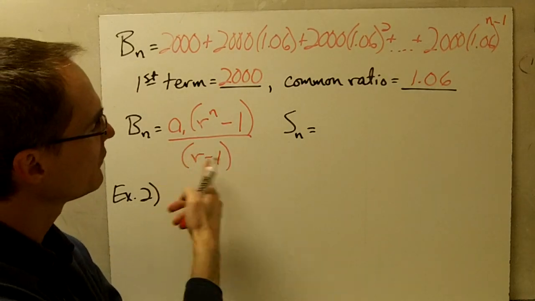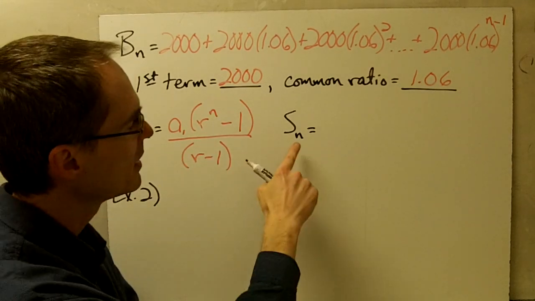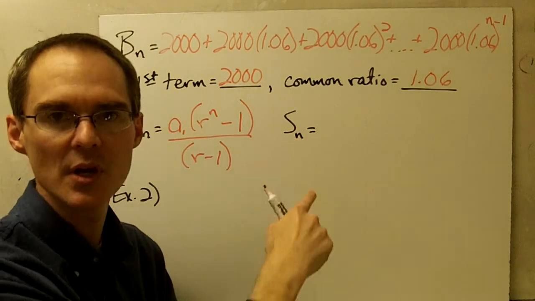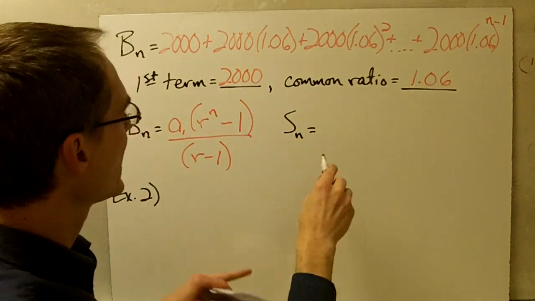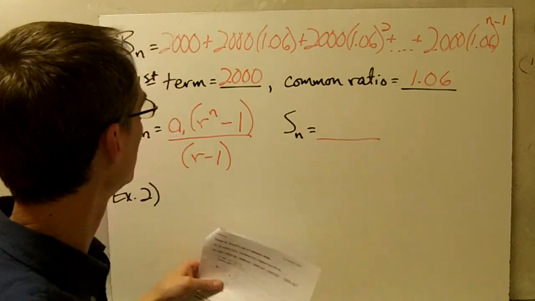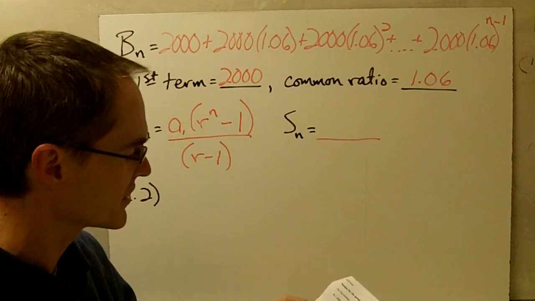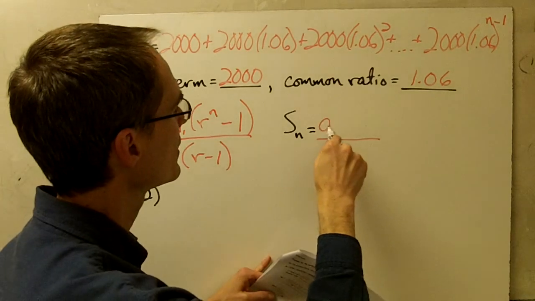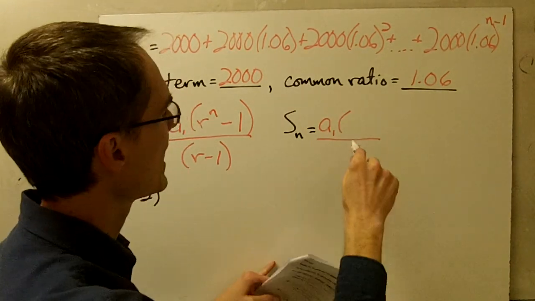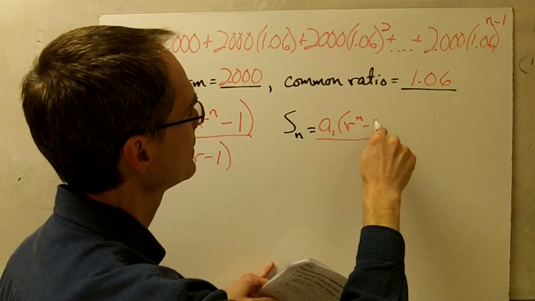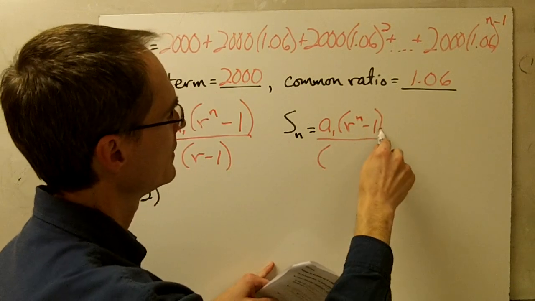So this is the general formula for the sum of n terms of a geometric series. And in general, instead of B sub n, you usually write it as S sub n because it's a sum. S sub n equals A sub 1 times R to the n minus 1 divided by